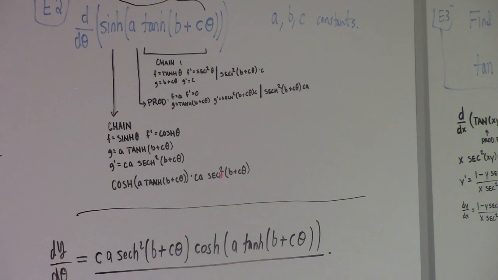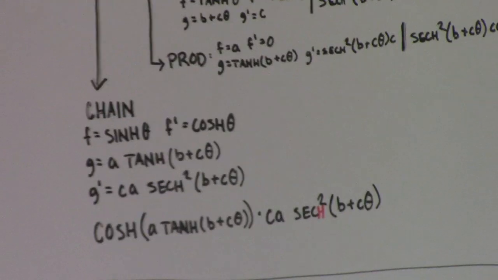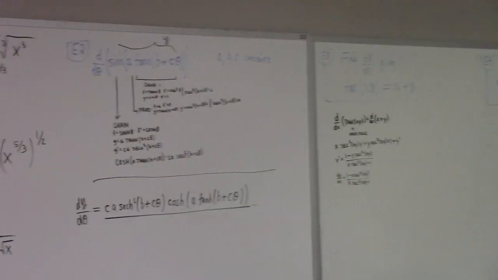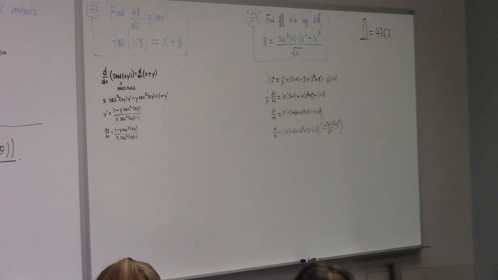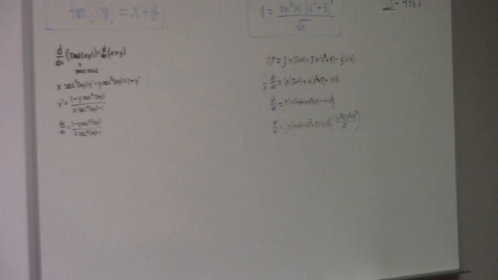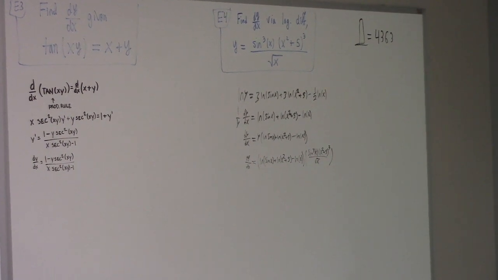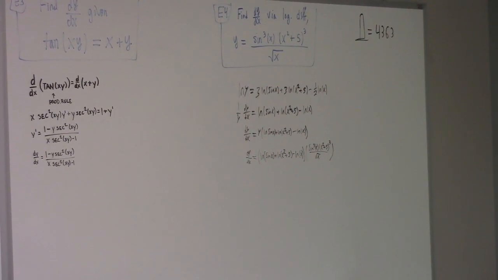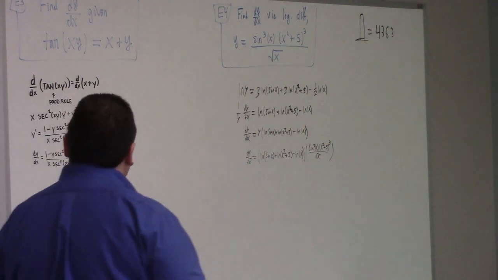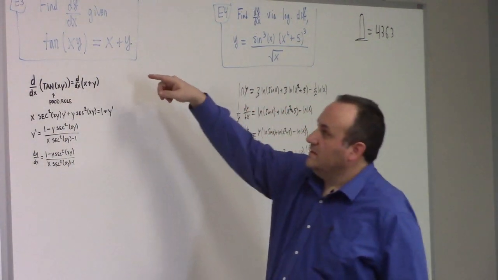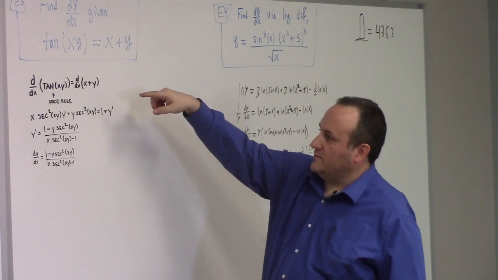All right, next up here, example 3. We're supposed to find, so this is an implicit differentiation problem. All right, so let's see how that goes. Zoom out a bit. Okay, so next up here, with implicit differentiation, what you do is you differentiate the given equation and let's say product rule.